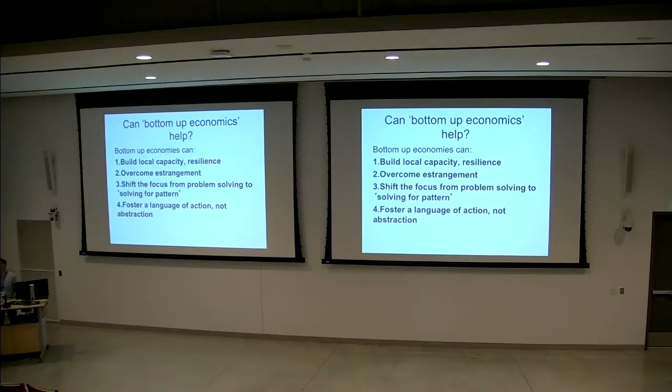The question is, can some alternative strategy that includes the food system but is bigger, what I call bottom-up economics, can it help? Can it help build a more just and sustainable economy that can then enable a more just and sustainable food system? So I'm going to suggest 4 different dimensions, or 4 different kinds of strategies that we can look at as a way to build this bottom-up economy and healthier food system. I'll say that this is not exactly how it's organized in the book, but the book covers a lot of similar ground if you're interested.